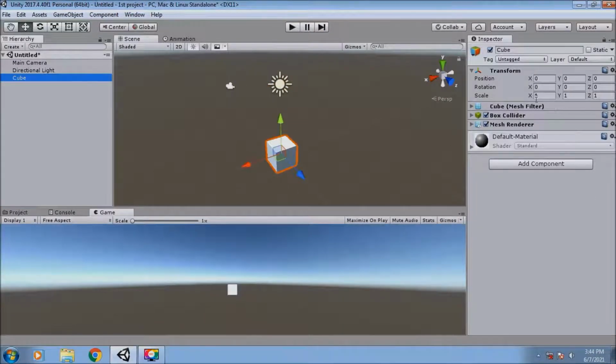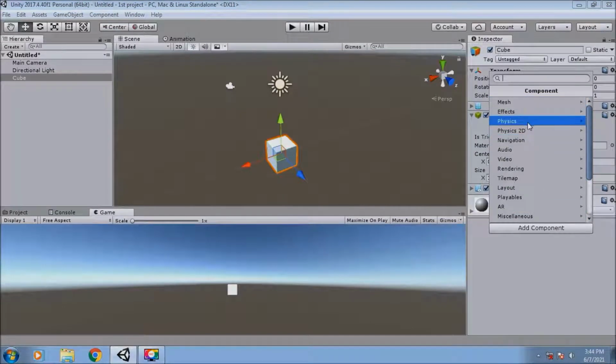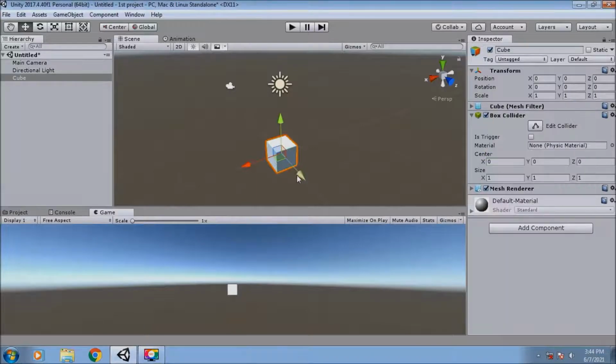After that, come to a cube. Here is a box collider. Now, a box collider or any collider, there are many different types of collider. To see them, just go to component and physics, and you will see a box collider, sphere, capsule, mesh, wheel, or terrain colliders, and each of them are just colliders, and a collider is such a component